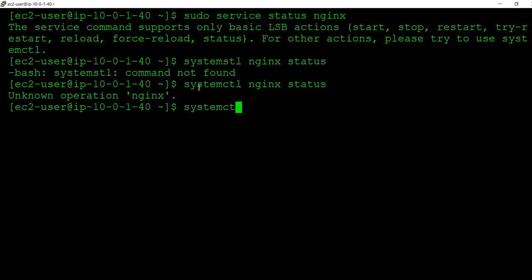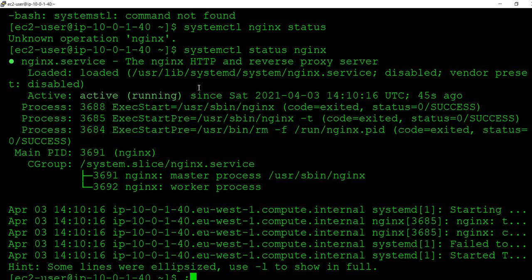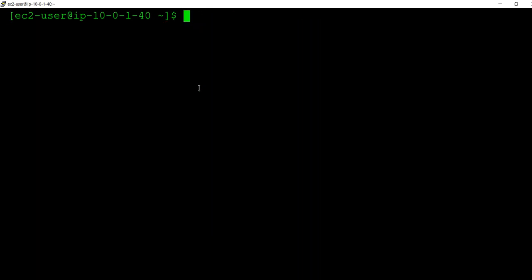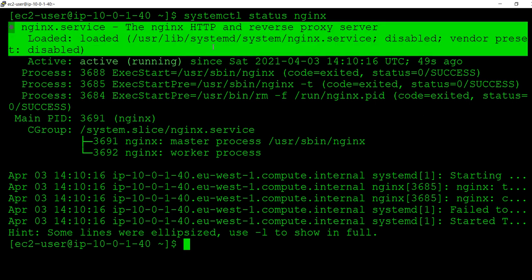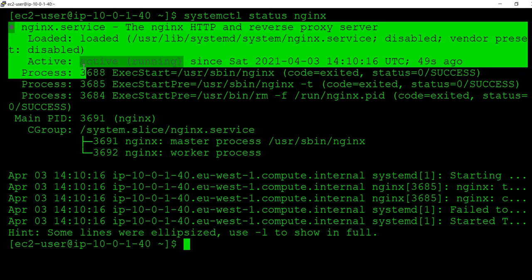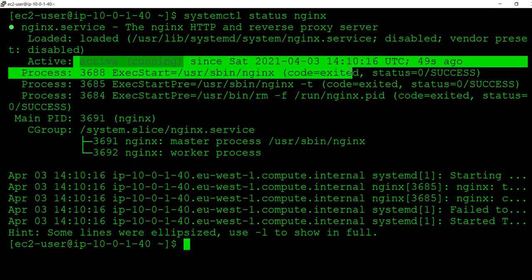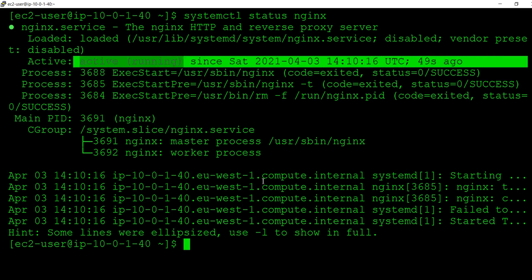Commands we are forgetting. See here, is nginx running or not? Yes, nginx is active and running for the last 49 seconds. We just started it now.